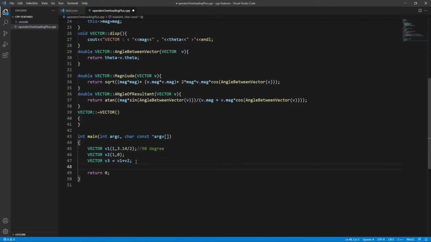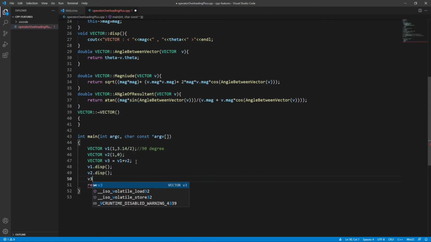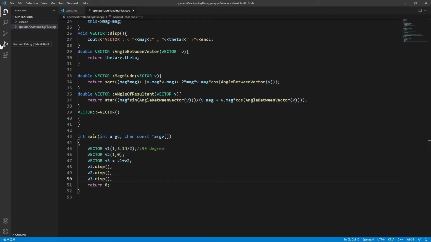Now we will try to display these vectors, v3 dot display. So let's run and see what's the output.